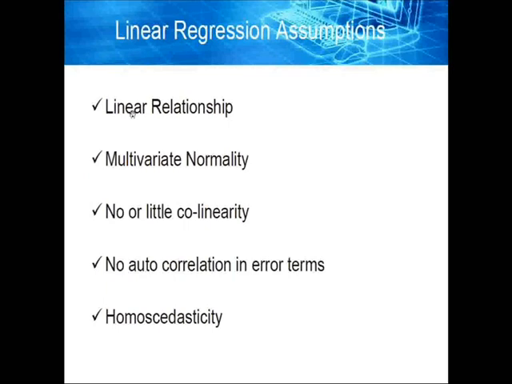And last is homoscedasticity. It is about the error term, which again indicates residues. It should be equally distributed on both sides of the regression line, and according to that we calculate the values of all the errors which were represented in previous slides, such as mean square error, absolute error, etc.